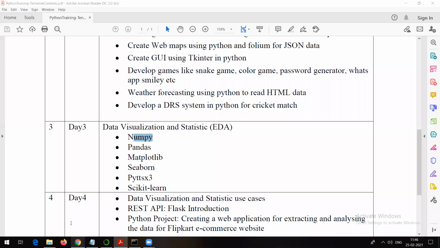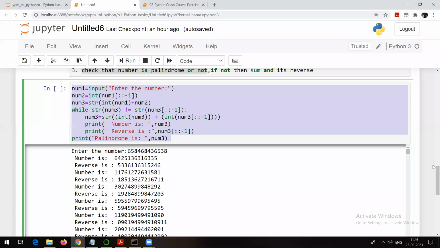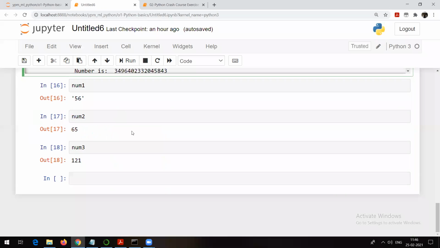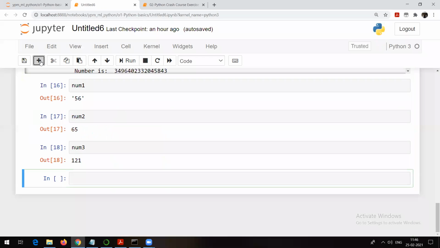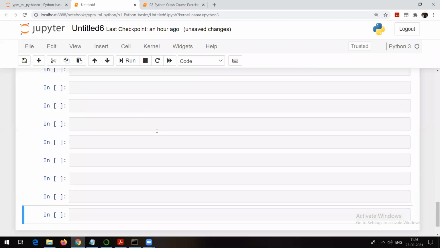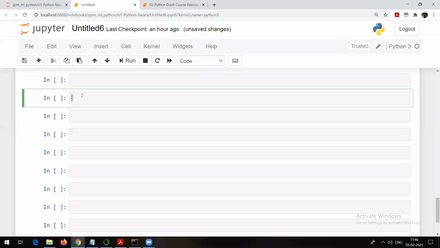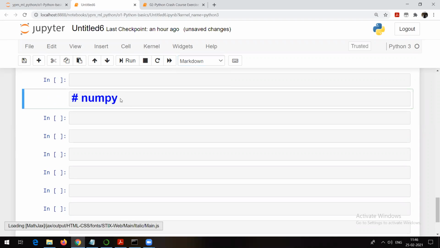So let me try out the NumPy package here. Now, what is NumPy initially? Why do we need to worry about the NumPy package, or why should one know about NumPy? Some people call it NumPy, some people call it Numpy. There are different names, but they are one and the same. But believe me, this package is actually very important.